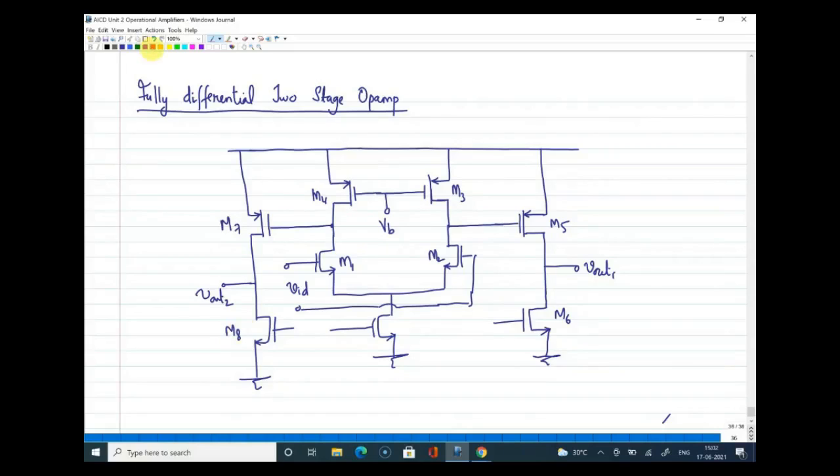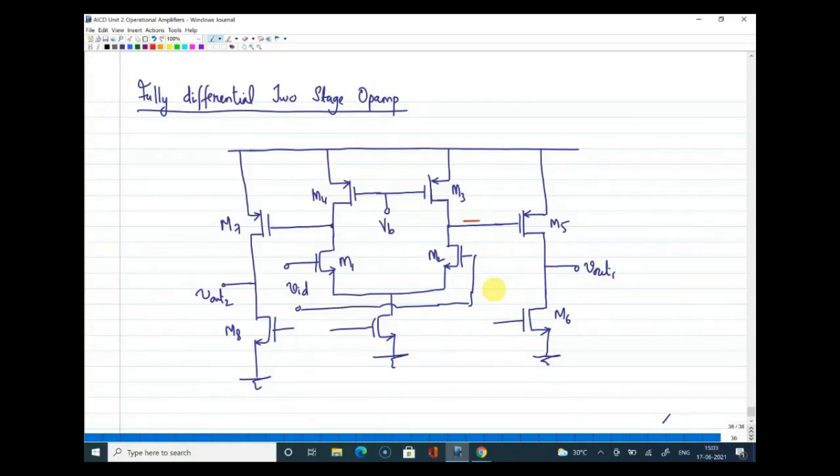What do you think? What can be the reason? If you ask me, can we give it the other way? Can we give the output of the first stage directly to the input of the second stage? Yes, we can do that, but there is a small problem there. Well, I will not say it is a problem, because you see here, when I try to connect the output